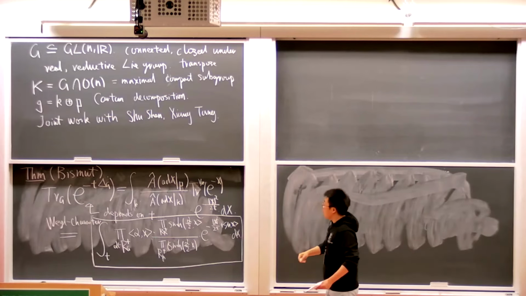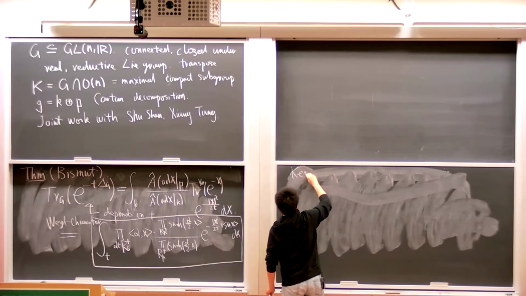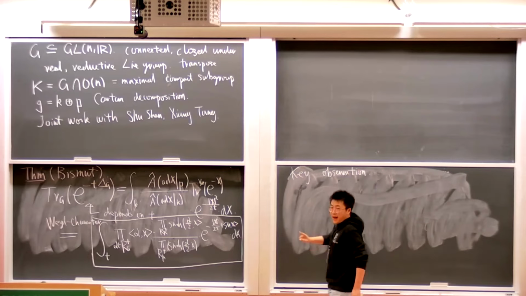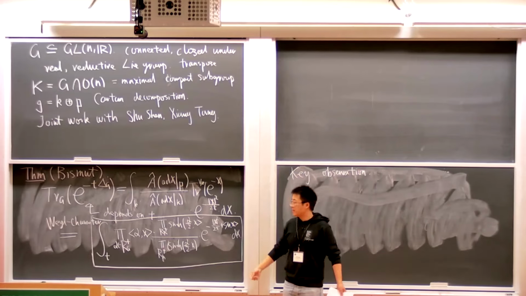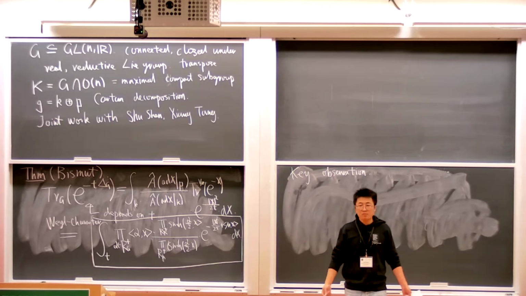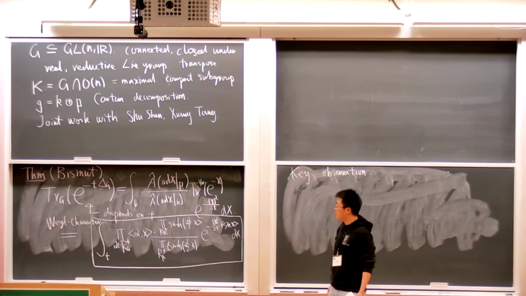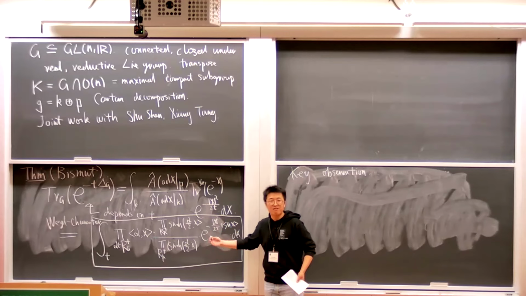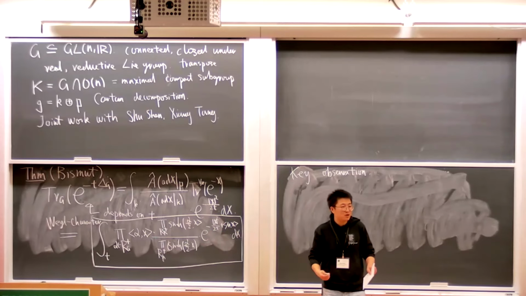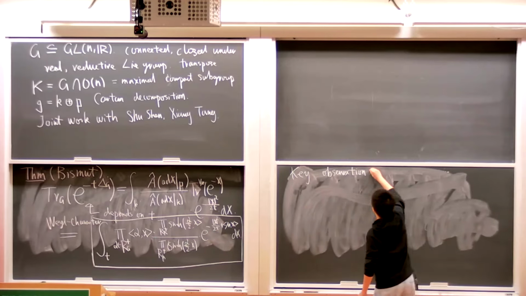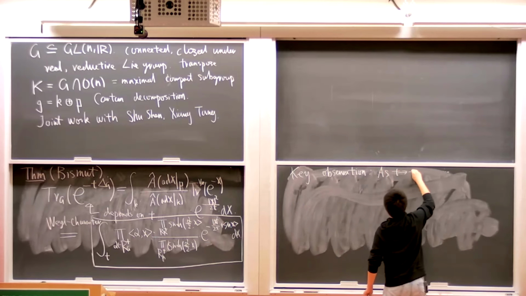Okay, now let me tell you our key observation. On one hand, this Bismuth formula is great. It's geometric. But I have to tell you, a formula like this one is still very difficult to compute. First of all, this integration depends on t, and on one side it's an explicit formula, but if you want to do computation, then you don't know where to start. It's still non-trivial. But now let me tell you our key observation is that as t goes to infinity,